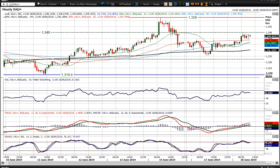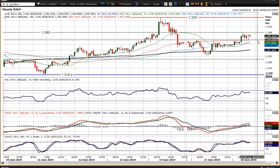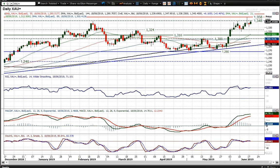You can see that through the hourly chart as well, where we've broken back above 1343 this morning. That's become a little bit of a pivot. That was resistance yesterday, and it's become supportive today. So 1343 is this level of initial support. You've got the momentum indicators, which are pulling more strongly as well. So yeah, it's all still set up fairly positively in terms of the technicals, and